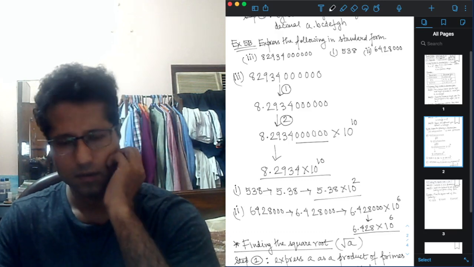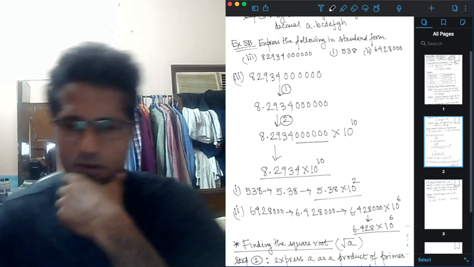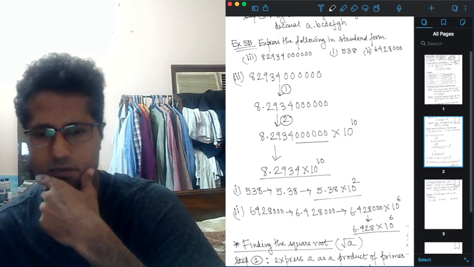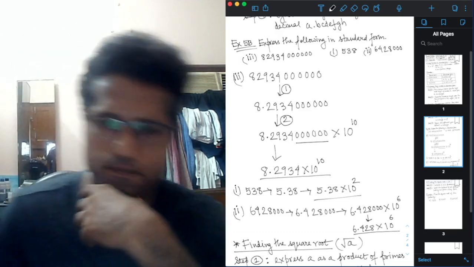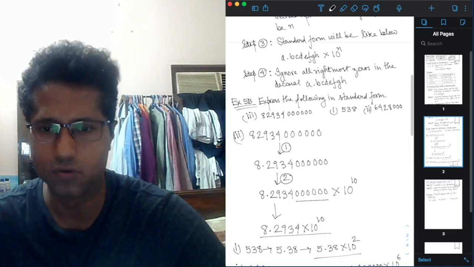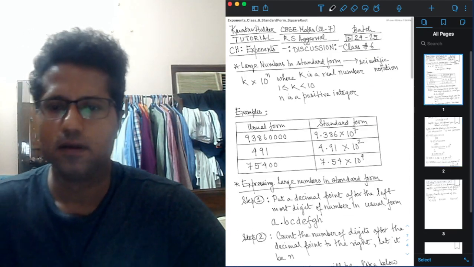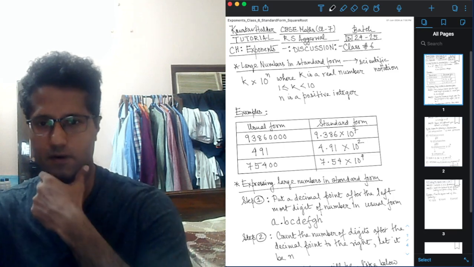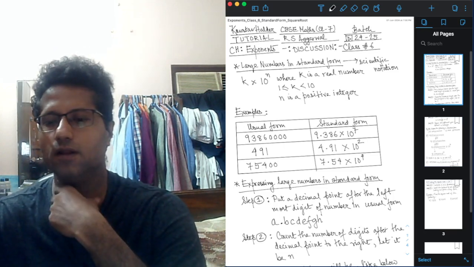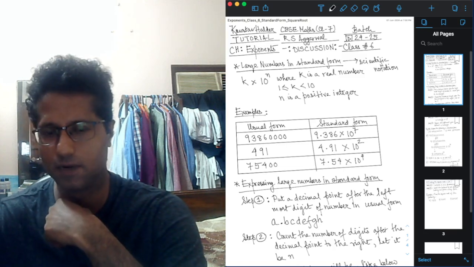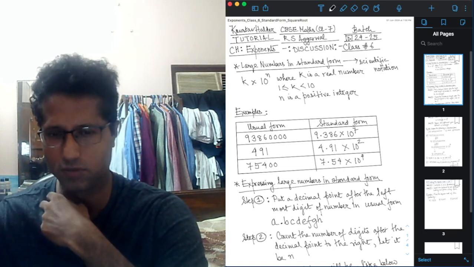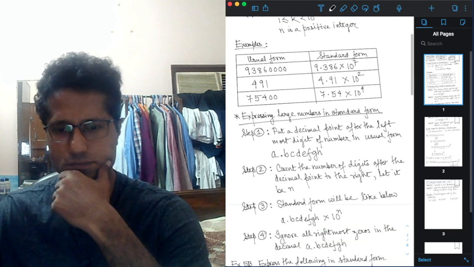I hope the process is clear to you, how you convert or express a given large number in the standard form, that is in the form k into 10 to the power n, where, remember, k will be a real number greater than or equal to 1 but less than 10, and n is a positive integer. Okay,